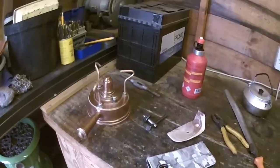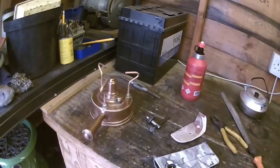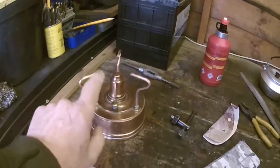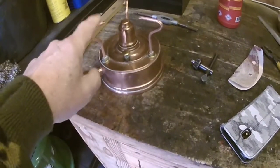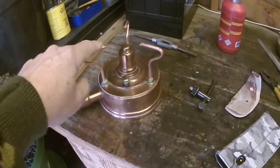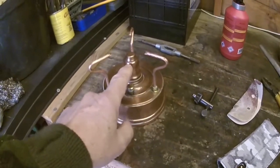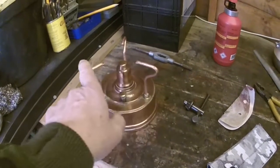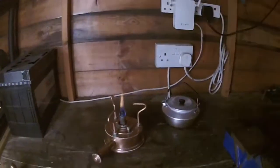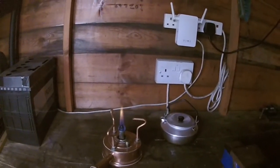I wasn't happy with the test I did. There's one reason: the fuel was quite low in it, so there wasn't a fair test. Also, I'm pretty sure I had these too high, so I've actually lowered them to where they should be, based on some photographs and also looking at my other stoves with respect to the burner height with respect to the base of a kettle, etc. Now the only difference really is it's got fuel in it to the correct level, the pot stand's been